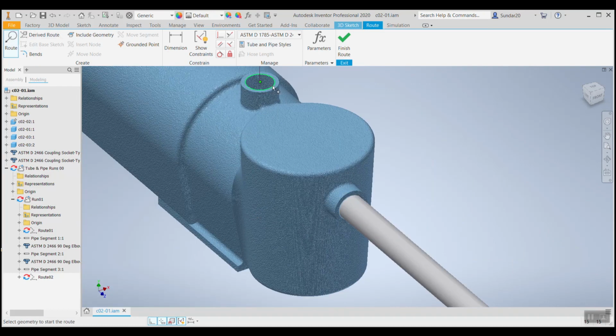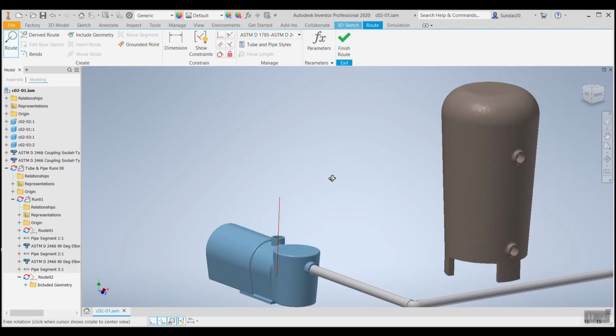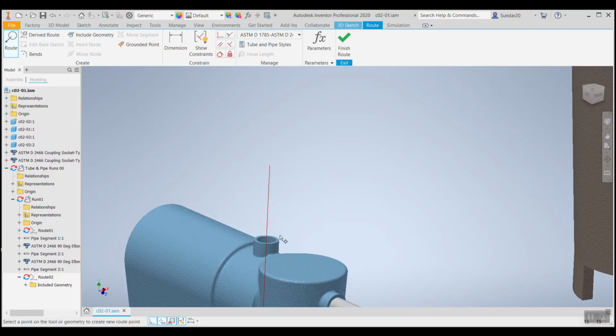Route. Yeah. And whenever you click an area, it will automatically create an axis, and moving your mouse pointer towards the axis, you can see a point over there. And now if we say the dimension, it will automatically keep the point, and it will start creating a line.